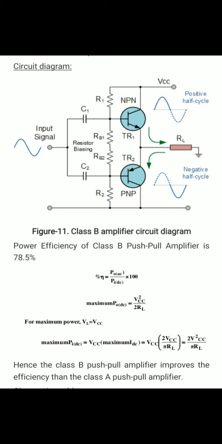A class B amplifier with a single transistor can conduct only in half cycle or 180 degrees of the input waveform cycle. Two transistors of similar or complementary type can be used such that one of the transistors conducts in the positive half cycle and the other transistor conducts in the negative half cycle. So the output produced is traced in both cycles. Such a circuit is known as class B push-pull amplifier. Hence output with low distortion is produced, which can be witnessed in the output waveforms.